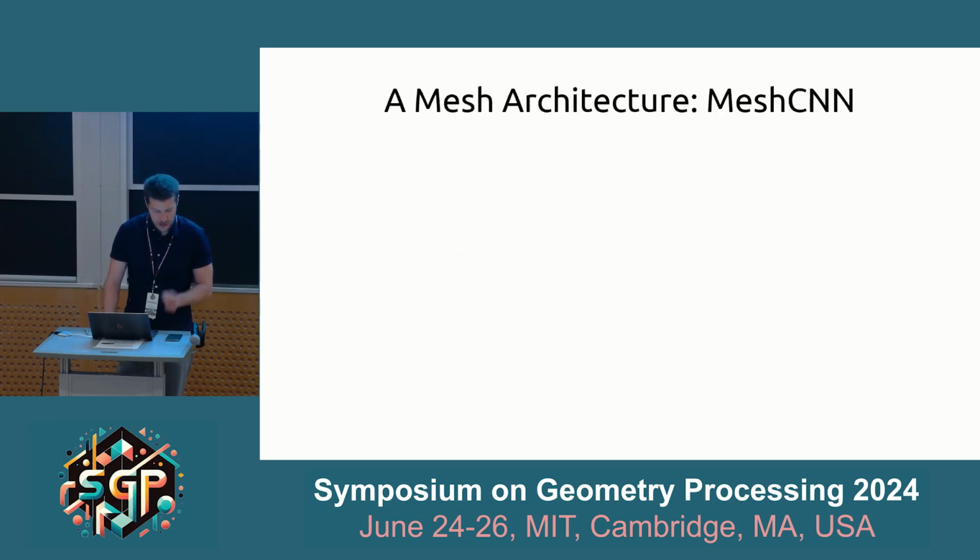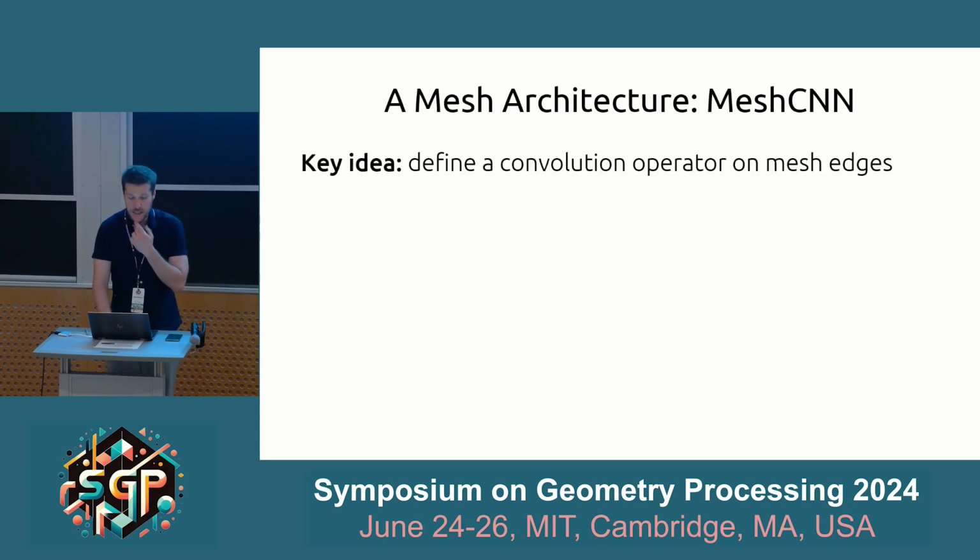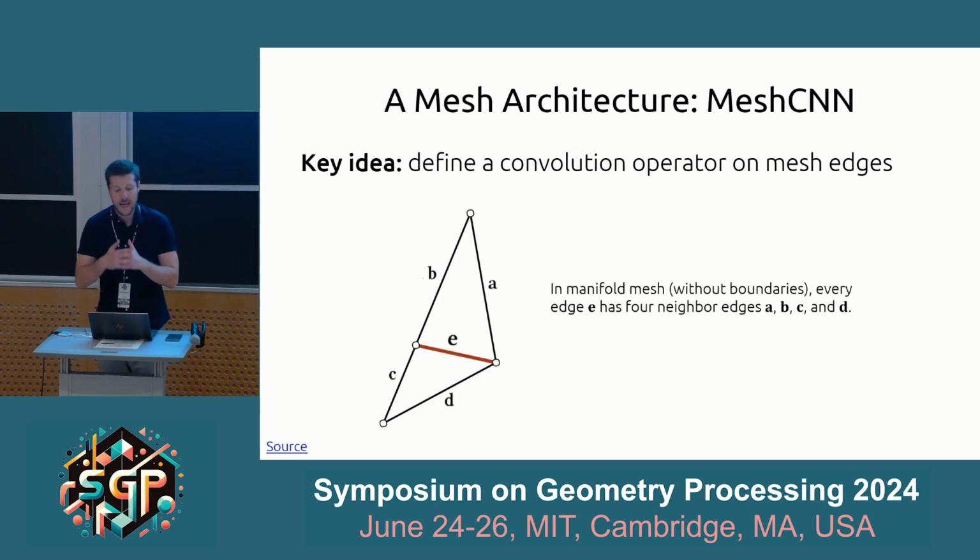All right, I'm running a little bit behind, but I am going to spend the time to talk about this because I do think it's important to talk about neural net architectures specifically for meshes. So I'm going to talk about, again, a somewhat early example of this architecture called MeshCNN. The key idea here was defining, again, a convolution-like network. They had to define this convolution operator, and they chose to define it on mesh edges as opposed to vertices or faces. The reason for this is that if we have a